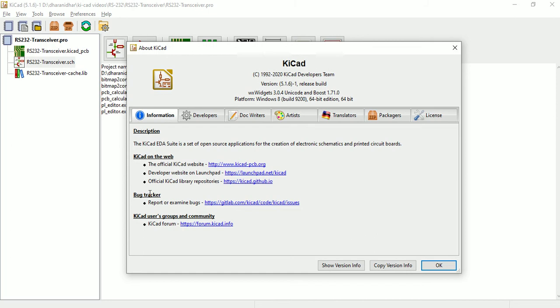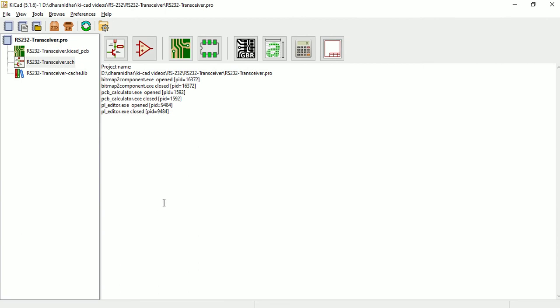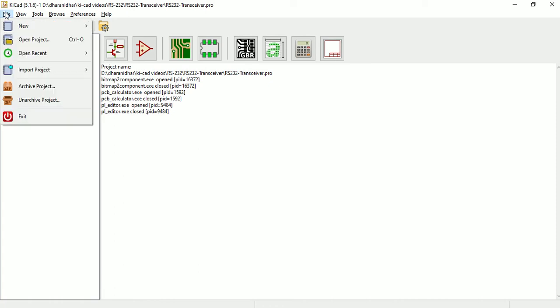Any issues you observe can be reported back to KiCad, and they will fix these bugs. There is a bug tracker at GitLab, and then there are groups and a community, similar to the forums you have for different applications. There is a support community where you can post your questions. This looks like a good consolidated approach by the KiCad team, where you have everything.